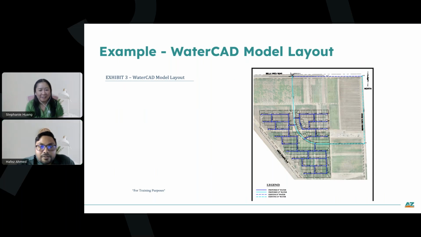Sorry. No worries. Okay. Thank you, Stephanie, and thank you everyone for joining us today. Now, let us take a look at an example fire flow analysis results and modeling simulation in WaterCAD model. Like Stephanie said, you can use other models, for example, EPANET as well. So this picture is a diagram of the pipe network, where you can see these blue lines and green lines and their dashed lines. These are some of the example proposed and existing water lines in WaterCAD model. Next slide, please.